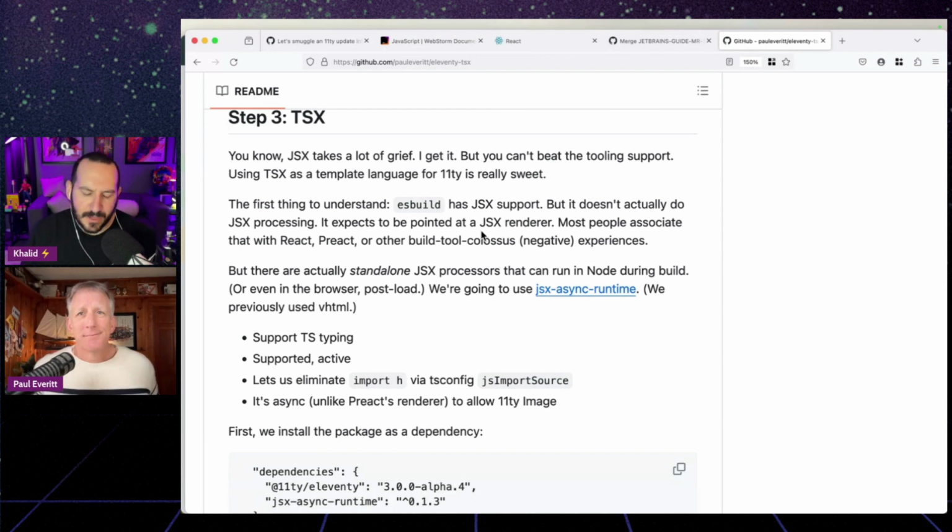Yeah, it's more stripped down, but most importantly, I think using TSX and using this JSX async runtime for folks who are using Eleventy, for folks who are doing JavaScript, they'll probably know asynchronous programming is really important for kind of